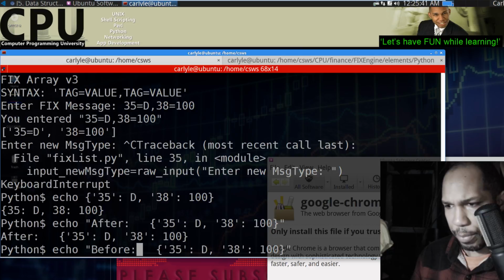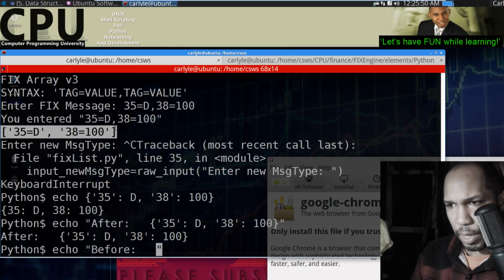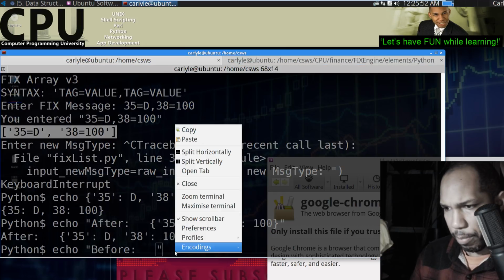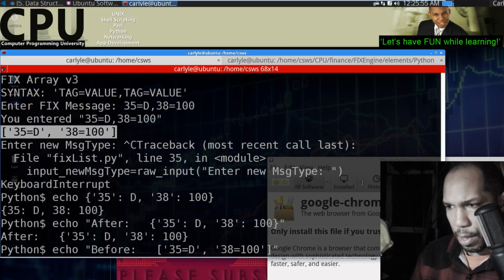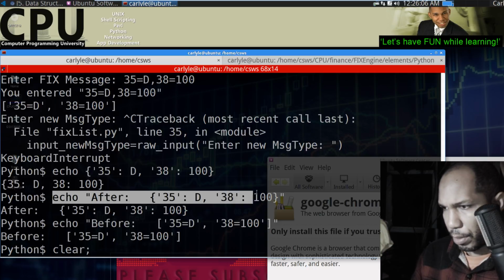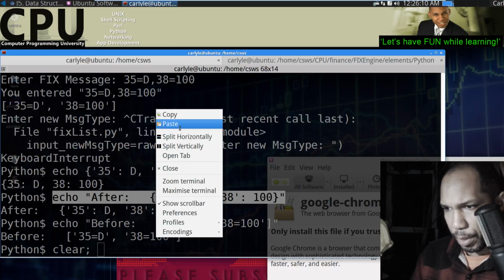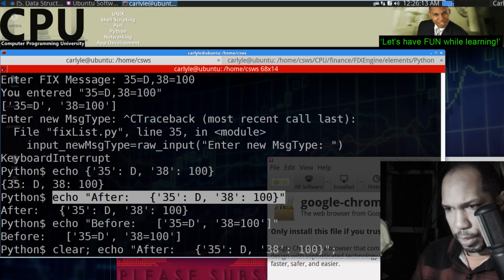So I'll show you what's happening now versus what we want. And I'll just do them side by side. So let's go ahead and grab this from here, and we can paste it there. All right. After. So now let's group everything and run them as one. So we want to do this right here, and then we want to run